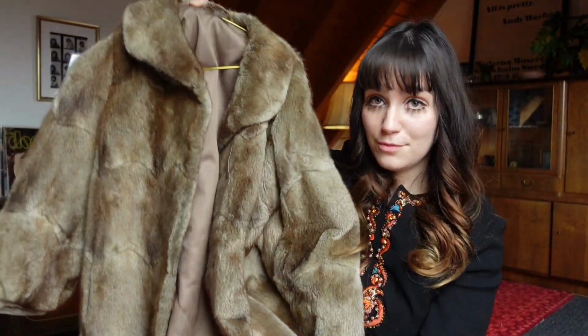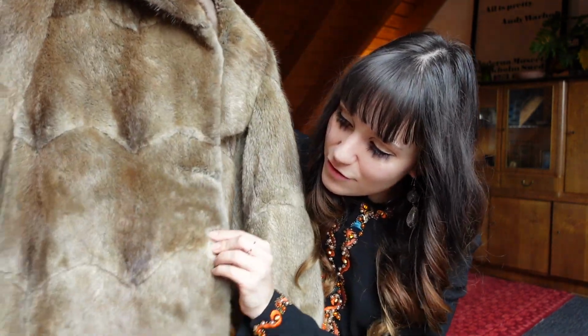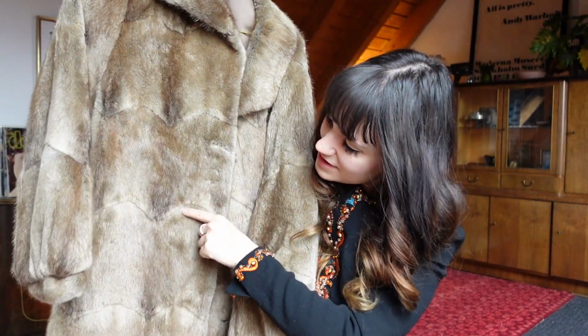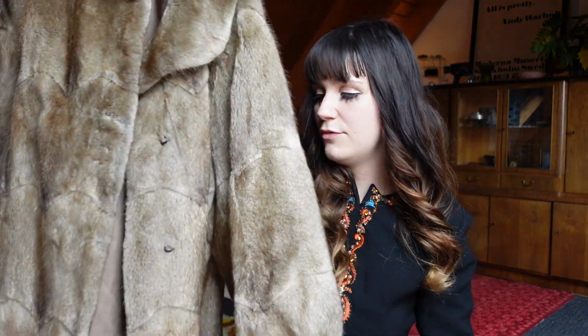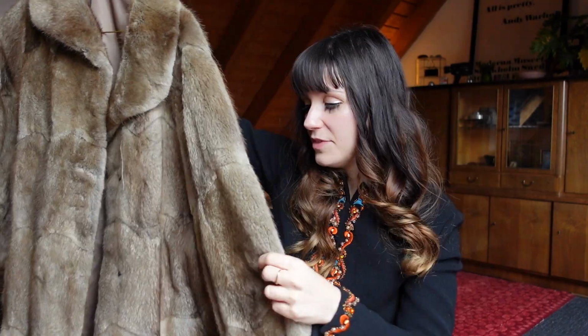I love this one so much. This was a charity shop find. It was really inexpensive. I love the little design that it has with that waveform. I also really appreciate the way that the sleeves are just so big and oversized, and I think that this